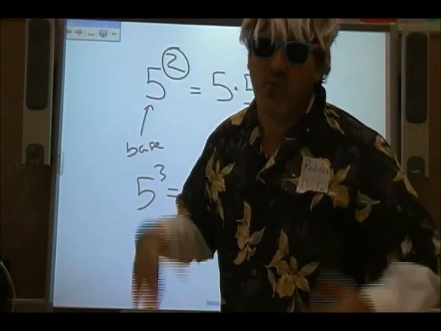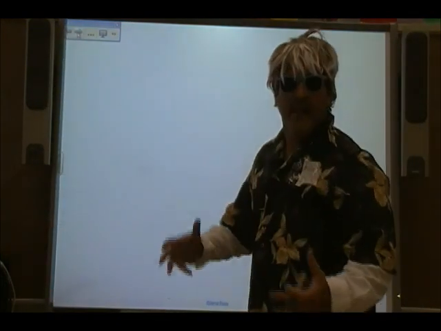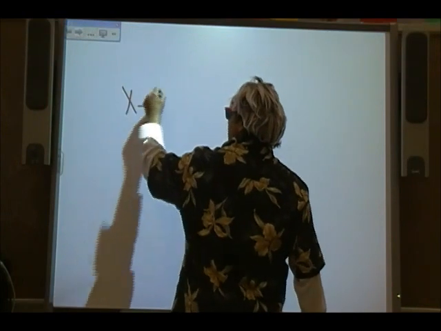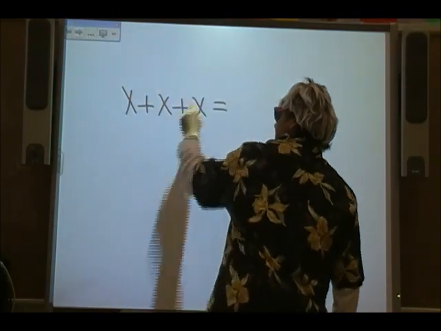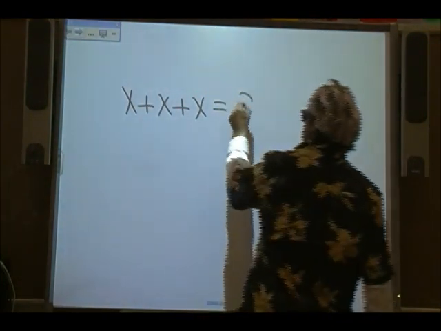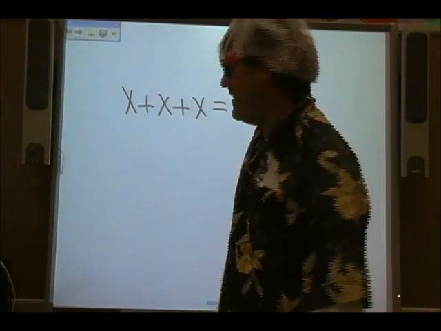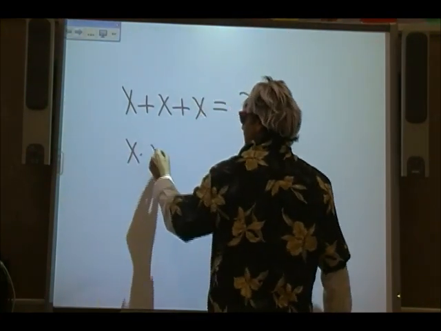Now let's see where it came from. Well, in algebra, let's just look at it this way. If I was using algebra and I did x plus x plus x, everybody knows what that is, right? It's 3x. Nice and simple. But now if I wanted x times x times x,